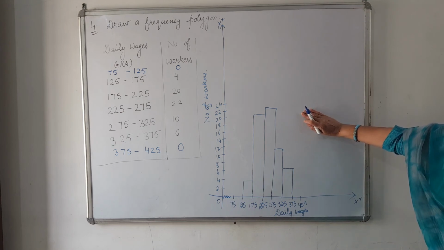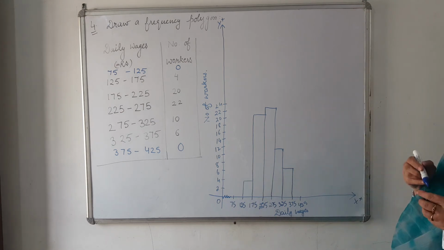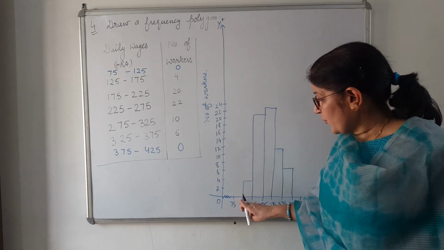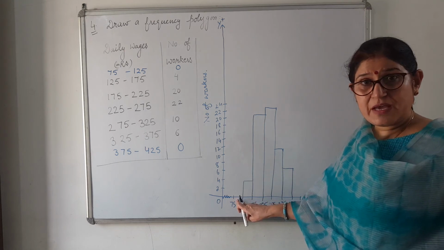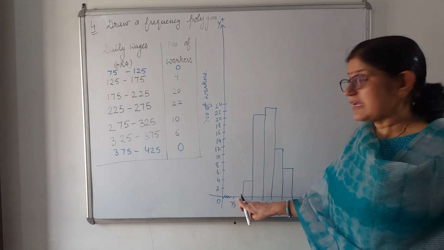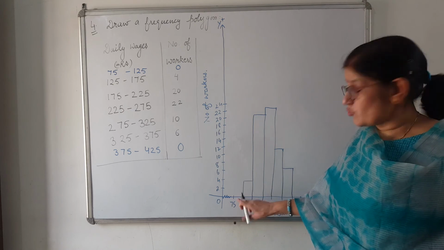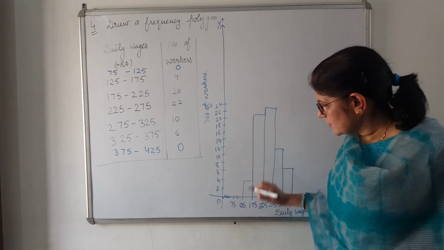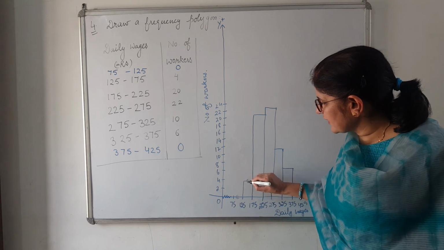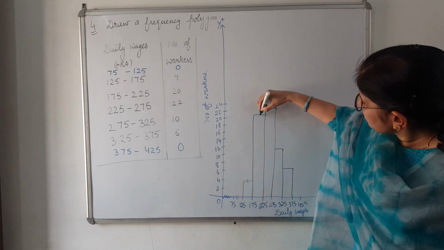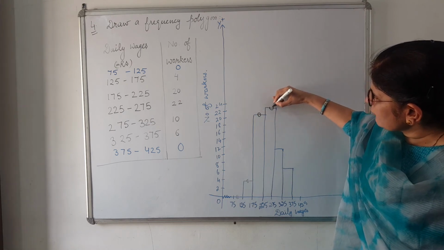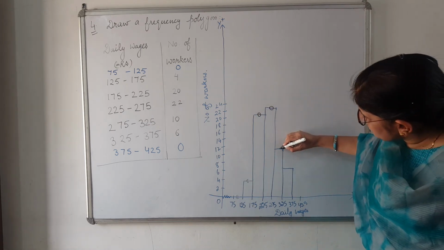What we have to make? Frequency polygon. To make the frequency polygon, what will we do? We have to take the midpoint, means the midpoint of this. Previous one also we have to take. We have taken 10 boxes as this group, so 5. Similarly here its midpoint we will take. Here also. On the graph you can easily find these midpoints.